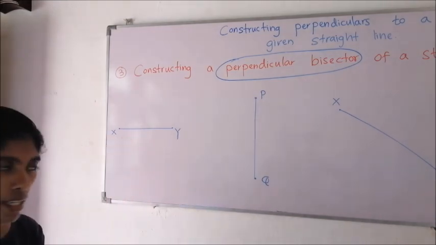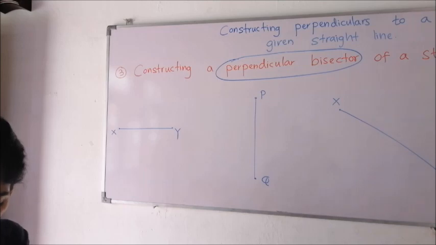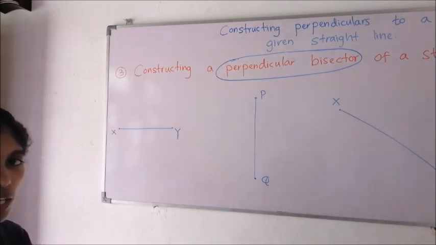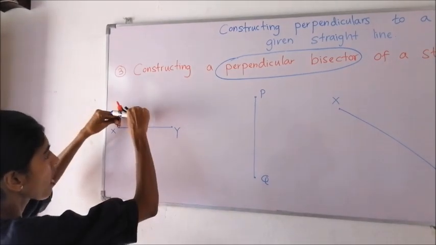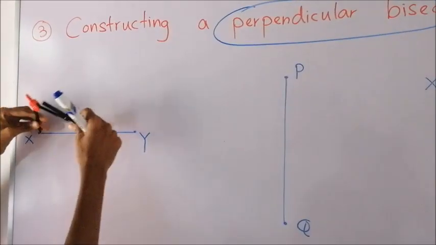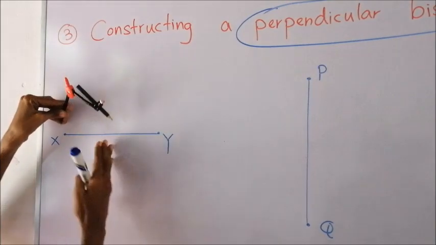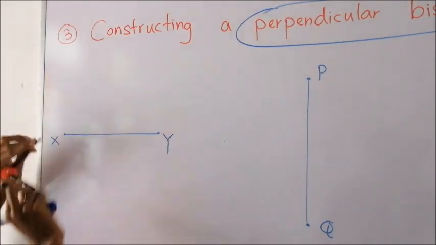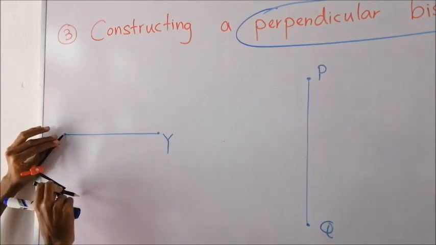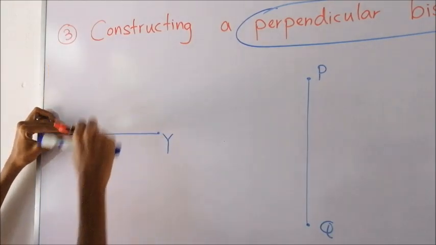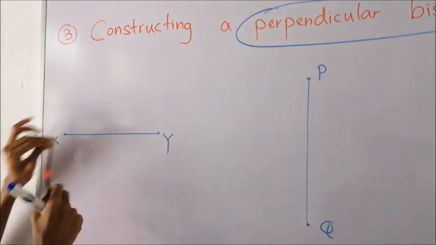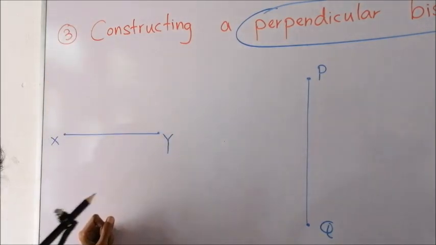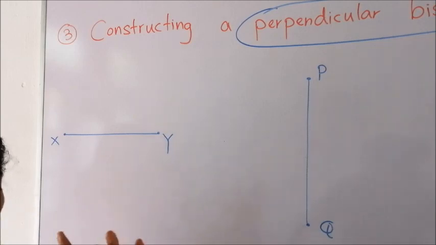For this straight line, XY. Firstly, take the compass, open it to any length, but this length shouldn't be less than half of this length. It should be a little bit bigger than half of this length. After taking that length, by keeping the middle point at one end point, draw 2 arcs up and down, or else draw a full arc. Then go to the other end point. Don't change the length. Remember that, don't change the length that you have taken.